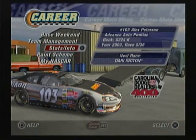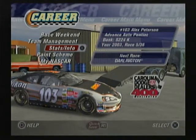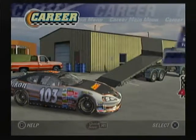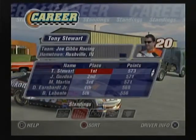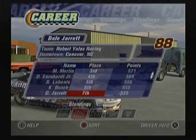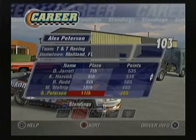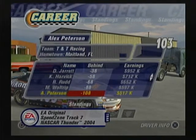Ready for the Carolina Dodge Dealers 400 at Darlington. This is our 5th race, and I'm just going to show you guys real quick where we're sitting in the standings. Tony Stewart's in first place. We are actually doing really good. We're in 11th. We're only 108 points behind, and this is the